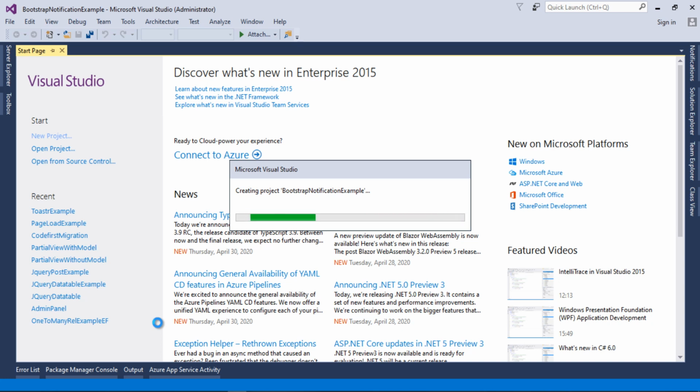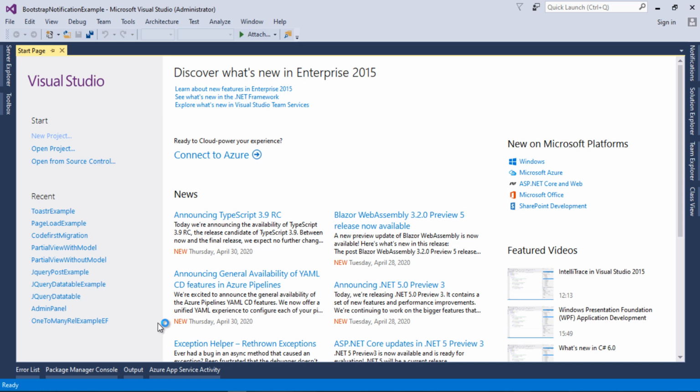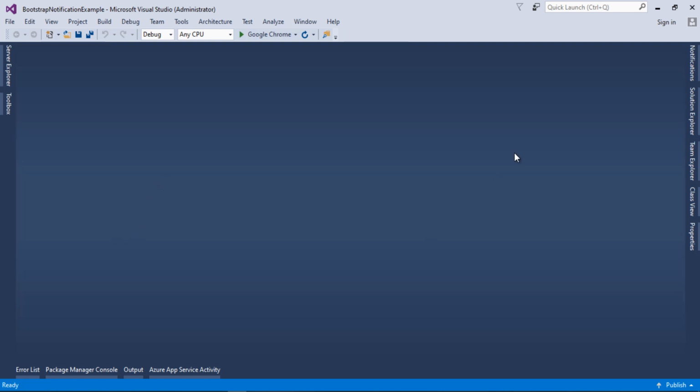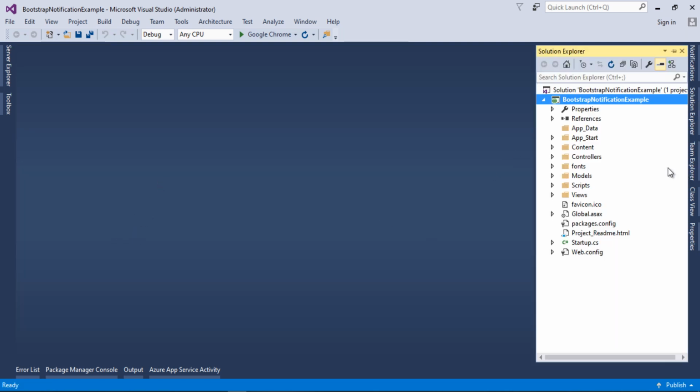It is taking a bit of time. I think my internet connection is a bit slow. So here is our new application which has just been created. I will close this main screen and let's go back to the Solution Explorer. Here is the project that we have just created.